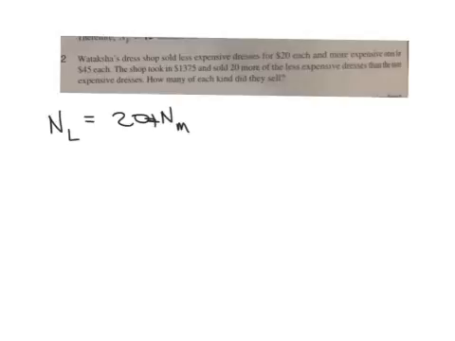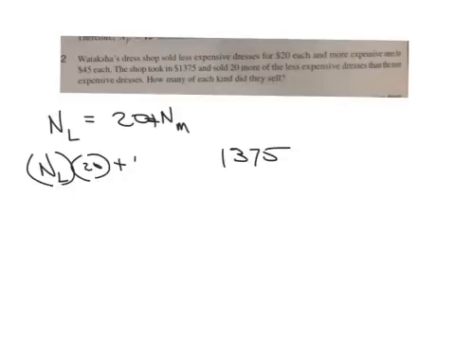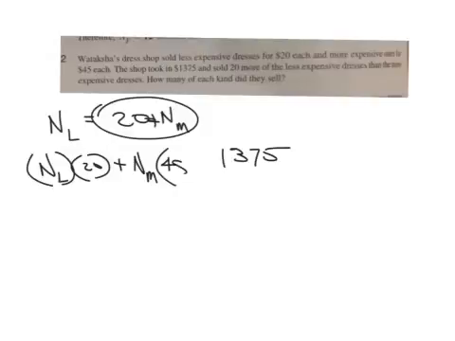Now I'm going to look at how much money I made. I made $13.75 by selling a number of less expensive dresses for 20 bucks and more expensive dresses for $45. I don't know why I circled that. Apologize for that. Alright, so now I have two formulas. So let's go ahead and rewrite these in red. My first formula is this one. My second formula,